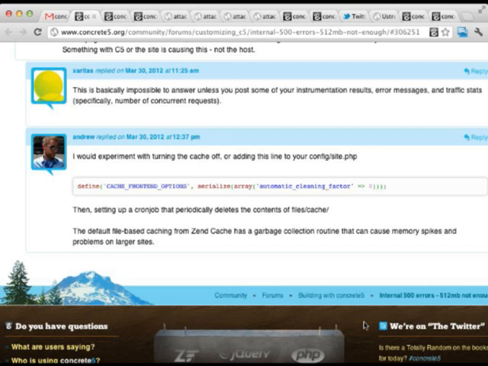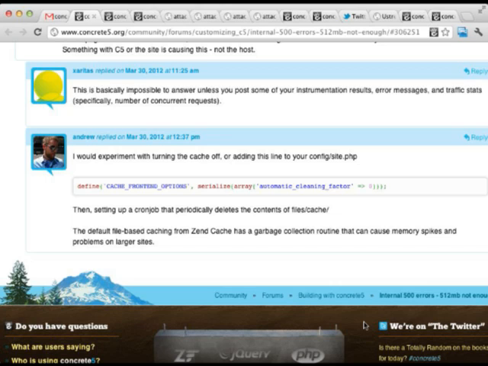occasionally with file-based caching, Zencache has a way of doing garbage collection so that your cache directory doesn't grow to be millions of entries. But at a certain scale, it is kind of untenable. We never hit it on our site, but it gets slower and slower, and you'll see weird out-of-memory errors in the Zencache PHP script. This doesn't happen with most Zencache setups, but on sites with larger amounts of cache entries, just because they have more pages or more traffic, you'll definitely get this error unless you add this line of code